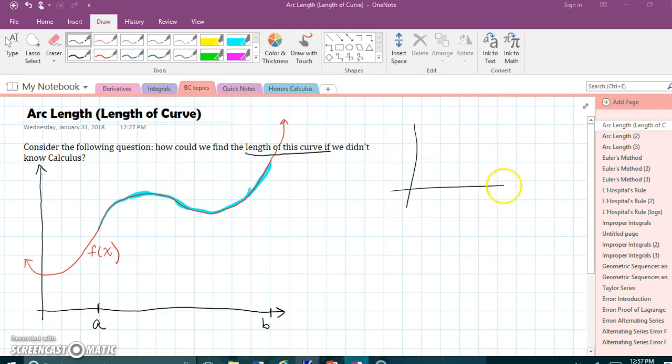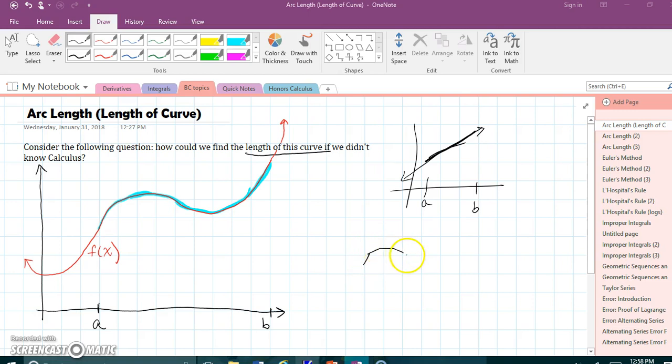So if we had a graph that was just a straight line, then it would be very easy to find the length of the curve. It's not even a curve anymore. We could find the length from A to B very easily. We know the distance formula. But the thing is, this is curvy here. It's not a straight line. The only way we would be able to do it is if our curve was made up of a bunch